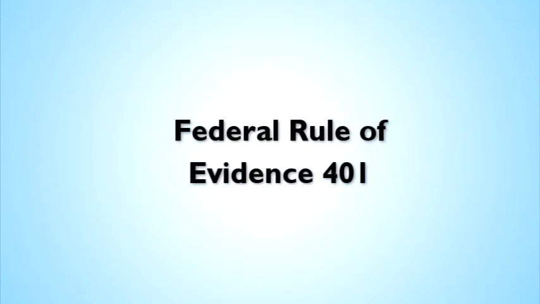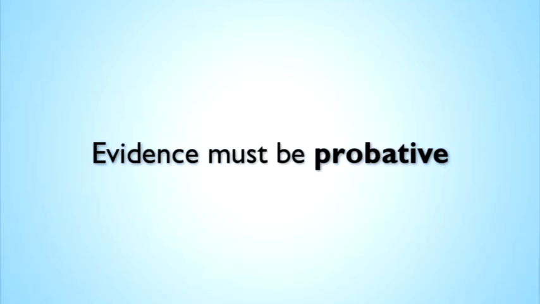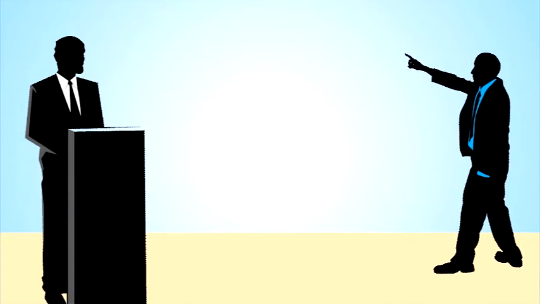Federal Rule of Evidence 401, I think it's helpful to think about this rule as having 2 parts. First, the evidence must be material. It must be consequential. It must go to a fact of consequence to the determination of the action. The second piece is the probativeness requirement. A consequential fact, a material fact, must also make the existence of that fact more probable or less probable than without it. Let me use an example here to explain how Rule 401 works.